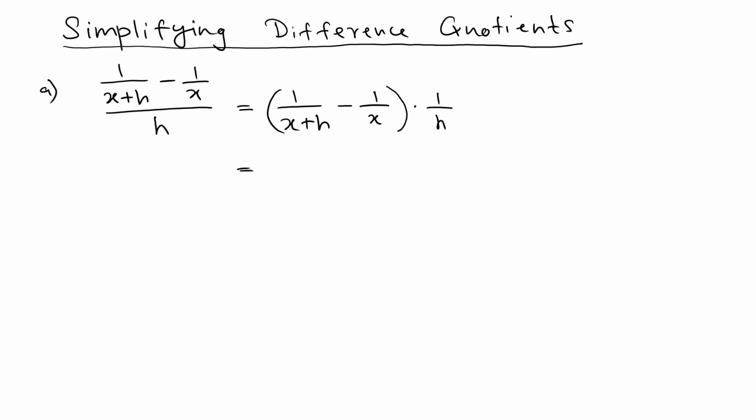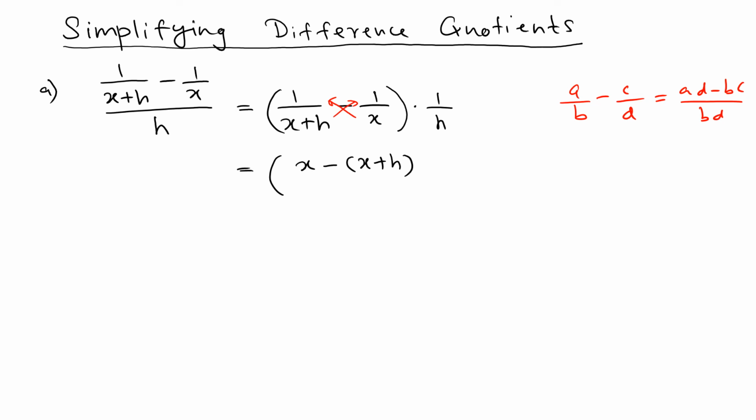For example, if we have a over b minus c over d, you can write this as ad minus bc over bd. That's a shortcut, and it acts like a cross multiplication. In this case, we get 1 times x minus 1 times x plus h, and then divided by